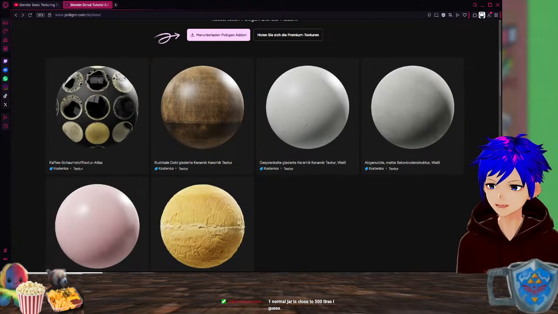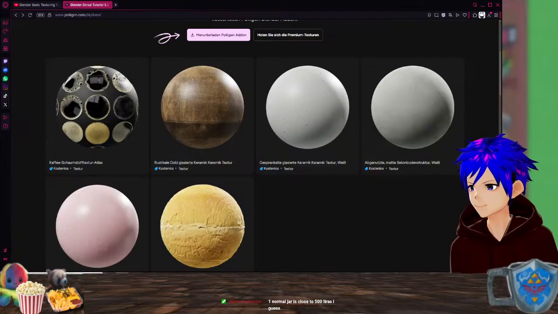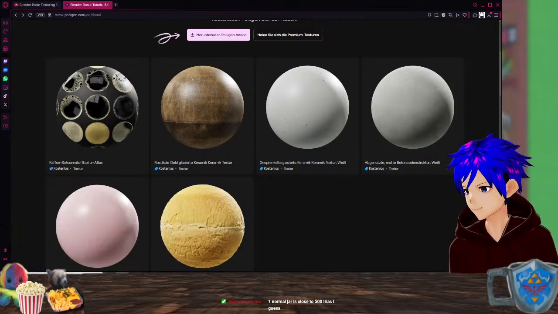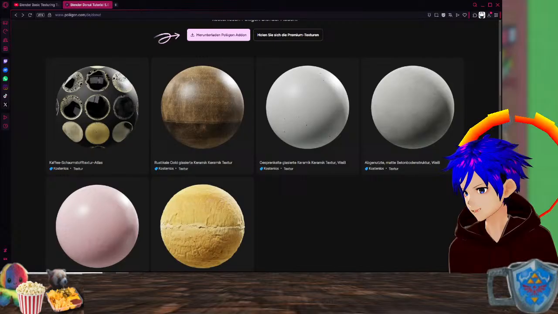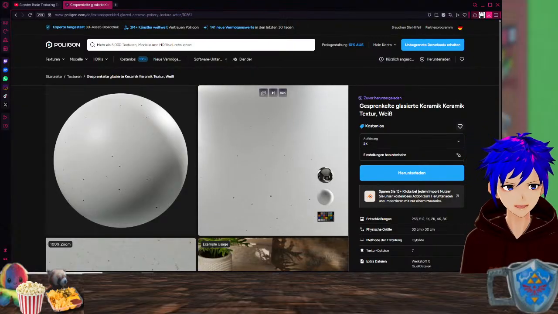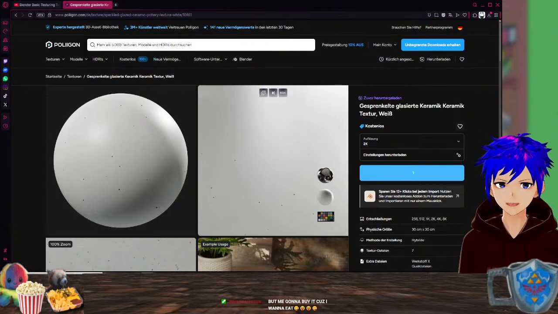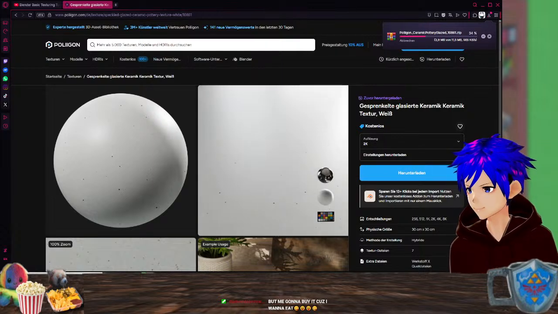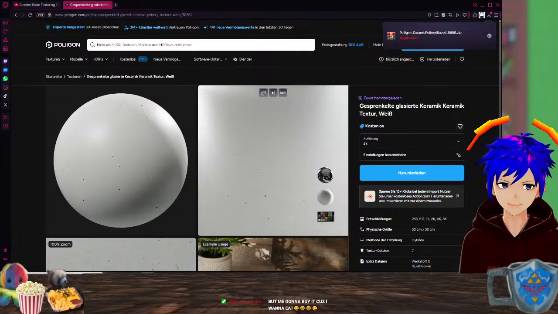One normal jar is close to 500 liras, I guess. They're all called rammed earth something. That is surprisingly weird. I'm still gonna buy it because I wanna eat. Also, yeah, stop that.